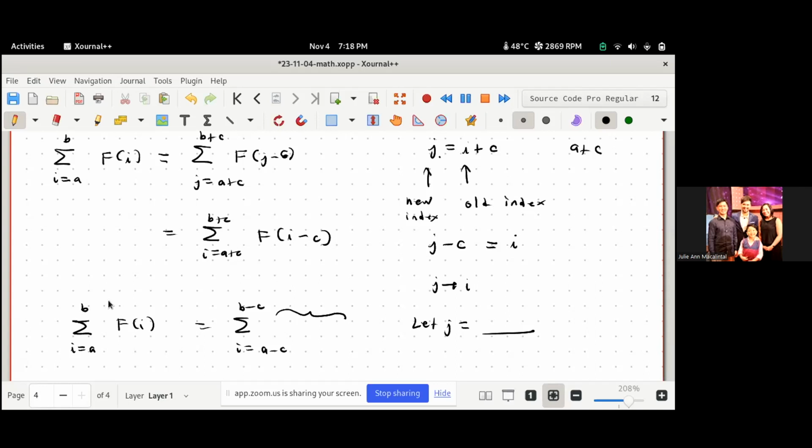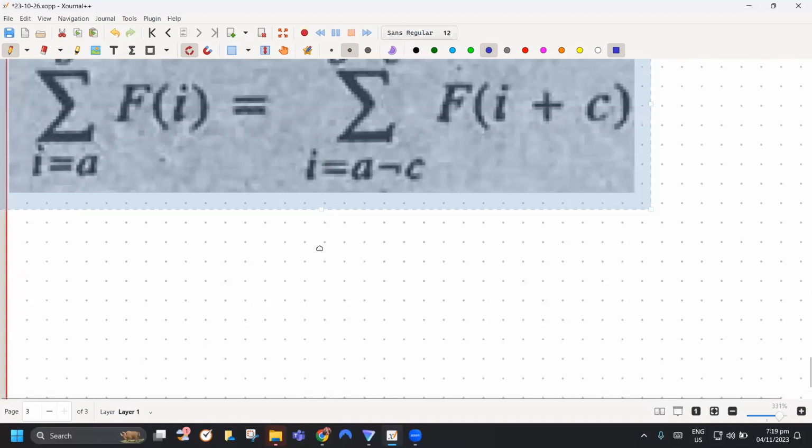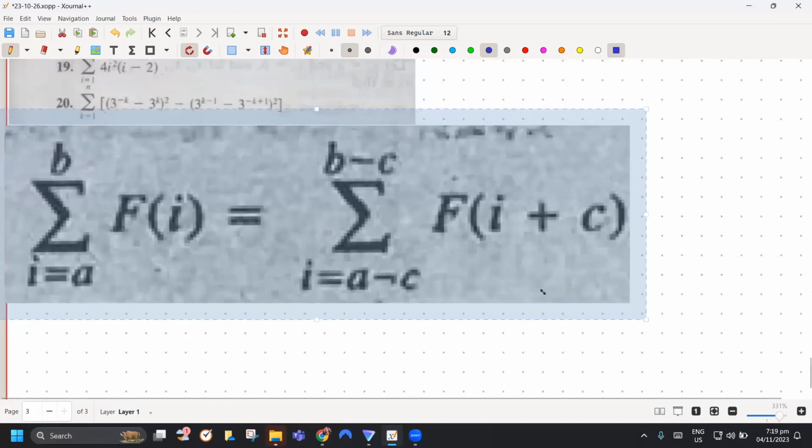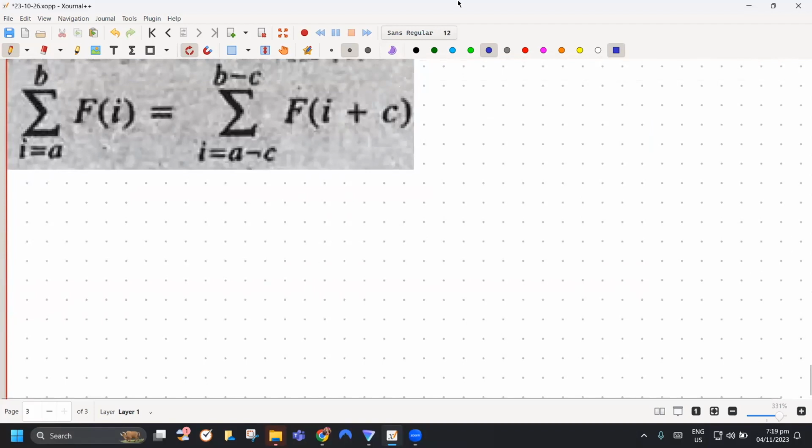Aha. Share screen. Sige, share screen ako. So, stop share na ako. To prove this, so yung proof would be expand, regroup the terms. That's a proof. So hindi yun ang pinapagawa ko. Ang pinapagawa ko yung pakita mo yung re-indexing technique. So let j be,